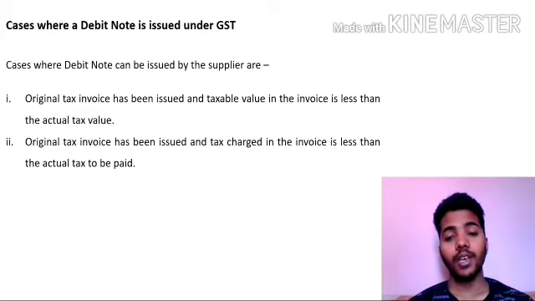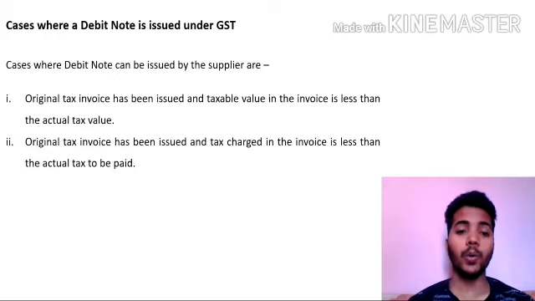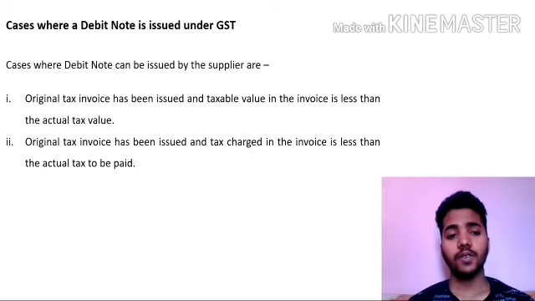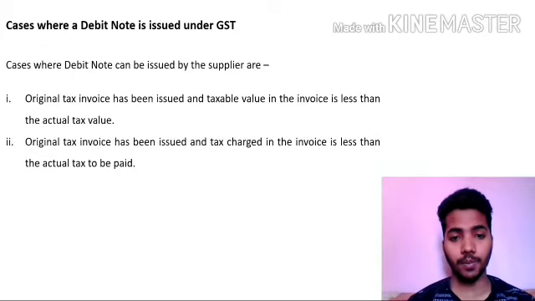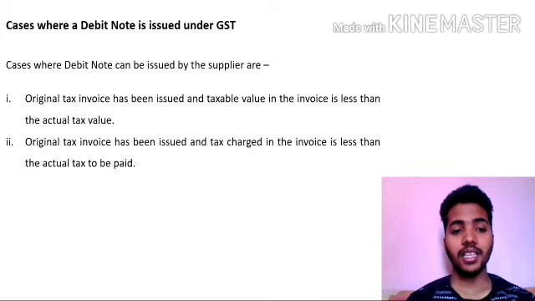There are two cases where a supplier can issue a debit note to the recipient. The first one is when an original tax invoice has been issued. If the supplier has issued an original tax invoice to the recipient and the taxable value in the invoice is less than the actual taxable value,